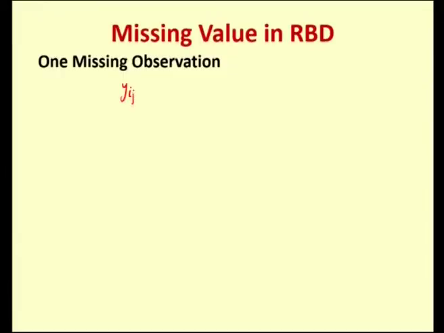Let us suppose that the one value missing, Yij, is denoted as X. So, Yij is in the jth block receiving the ith treatment. So, I can give you the layout of RBD with J blocks and R treatments. So, here 1, 2, J, R. So, we have R blocks, and here we have treatments 1, 2, I up to the Tth treatment.